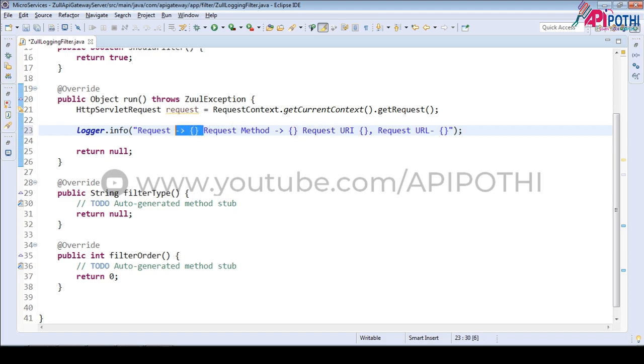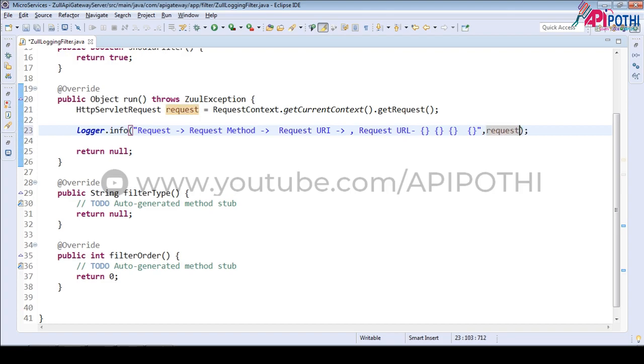Actually, this is good, right? 1, 2, 3, 4. Okay, that's all. Now what are we going to print?